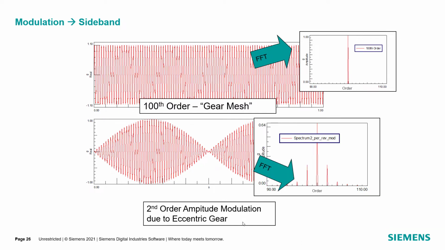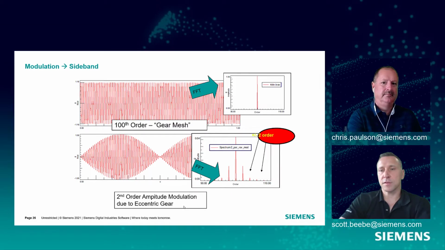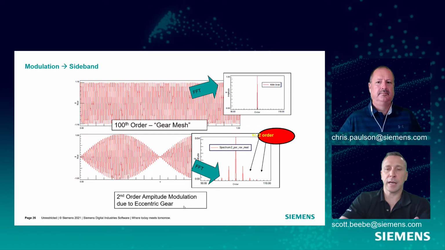If I perform the FFT on the bottom time signal, then I can see here that I get these orders that are kind of coming off from that main 100th order amplitude. So I've got some harmonics that you can see there on either side. And what we're showing here is that they're actually plus or minus second order. So we've got this second order phenomenon that we talked about happening on either side of that 100th order. So we're seeing content at 98th order, 102nd order, and then it decays off of that in the same kind of harmonic.